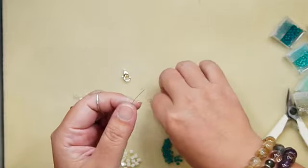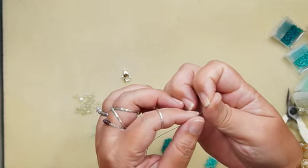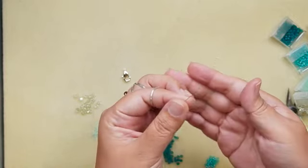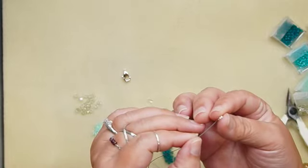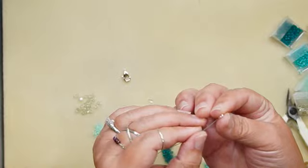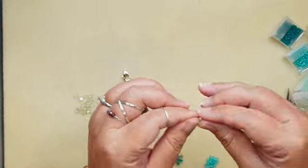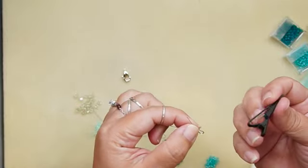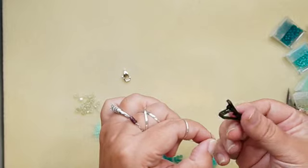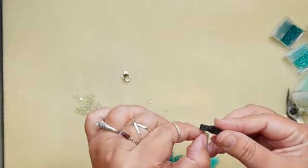And I'm going to start by stringing on my crimp on one end like this. And then we're going to string on our wire protector. So this is our wire pants. It's like a little horseshoe that the beading cable goes through. And then we're going to string through the loop. There's a hole on the alligator clip. So we're going to go through there